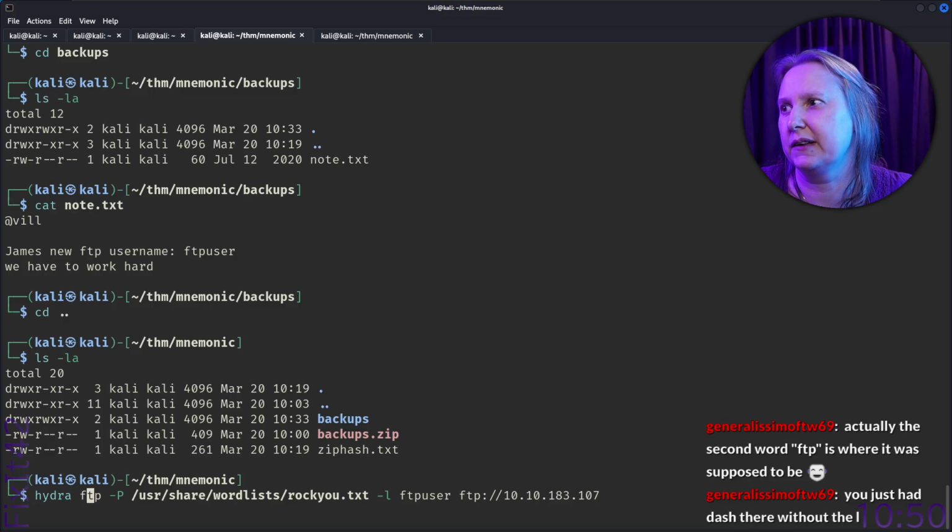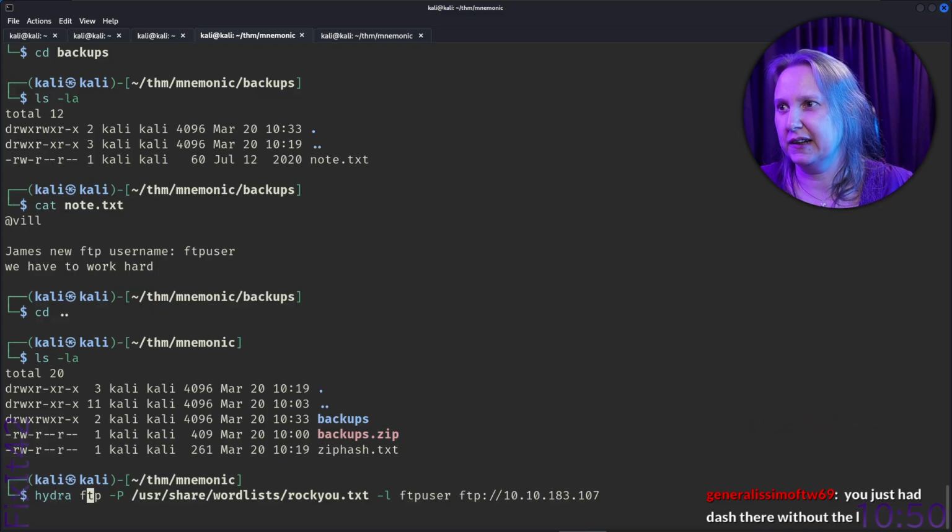Let me look back at my notes. I'm scrolling in my notes back and forth between these two. Maybe I should have different notes for box notes and tool notes, and have two Obsidian windows up. That's a thought. I'm going back to my Hydra notes.